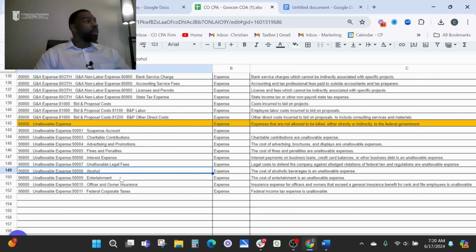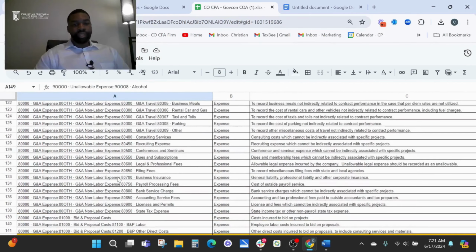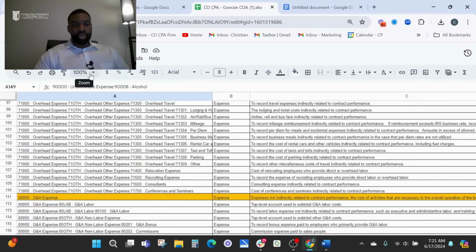Things like alcohol and entertainment, the government will not be reimbursing that. Your flights, like first class or business class, if that gets audited by DCAA, they're going to say, no, that's not it. We're not doing that. So that's just a little bit of it. But I want to just show you the structure of what we really went over